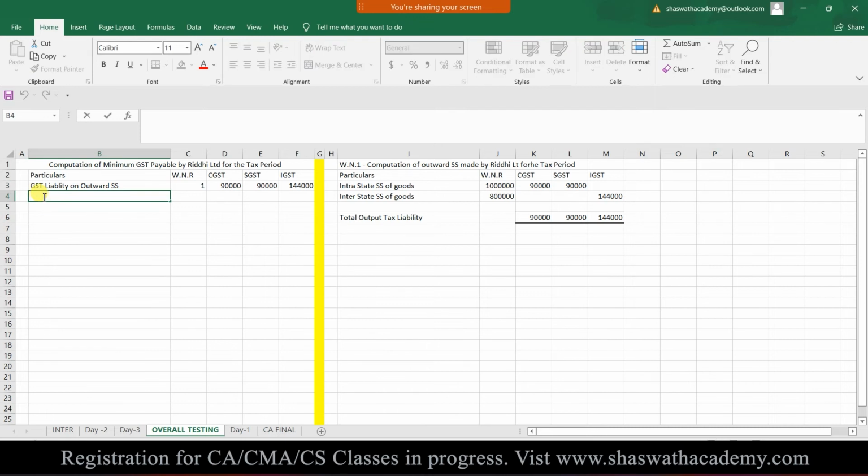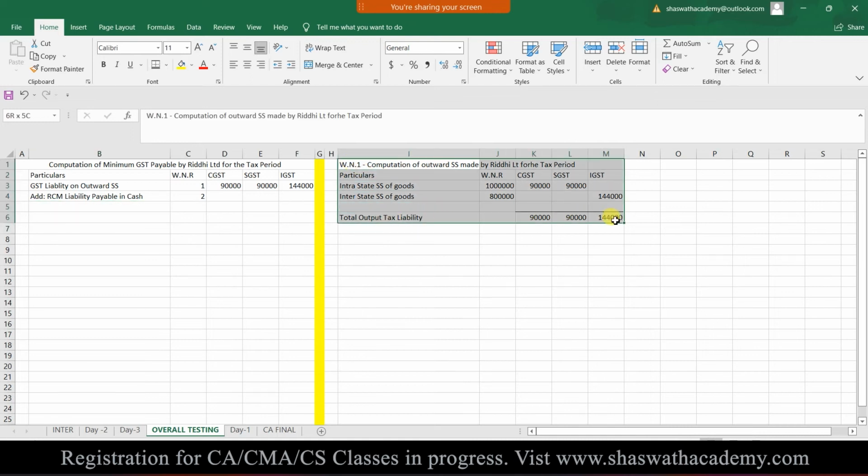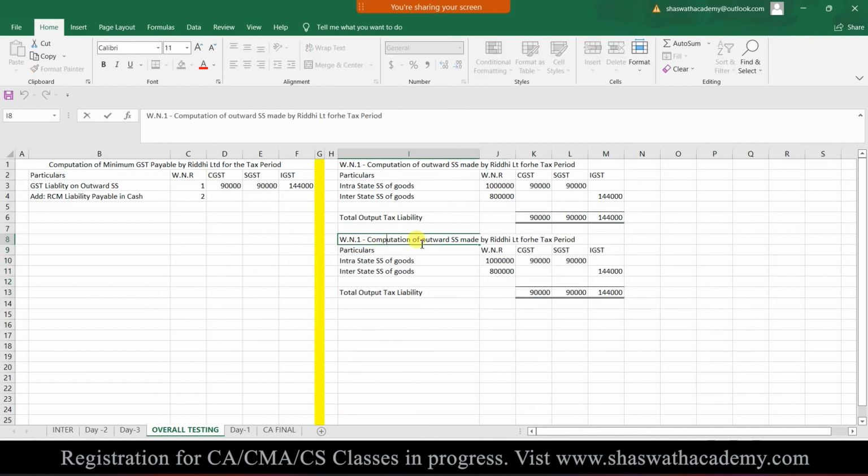And here, thankfully, there is nothing called add RCM liability payable in cash. Working note number 2. Sir, in this question it is not there, but usually if it is there you have to provide it. The same mannerism should be followed for that working note with a small change. Computation of RCM liability